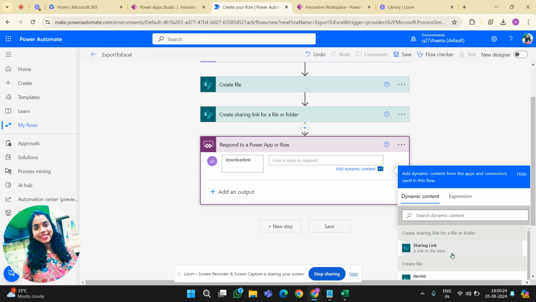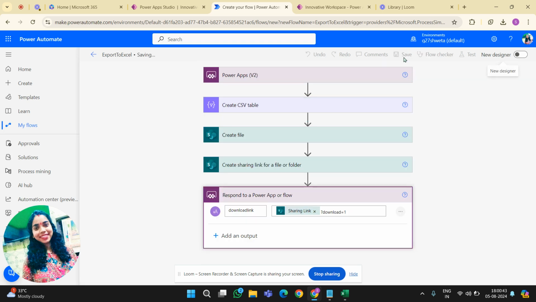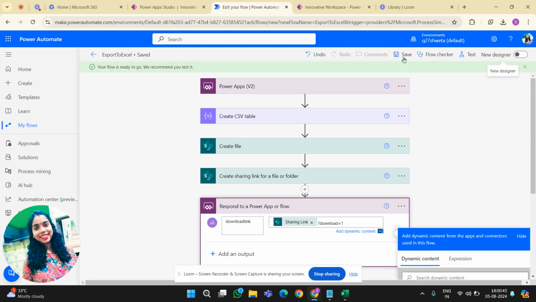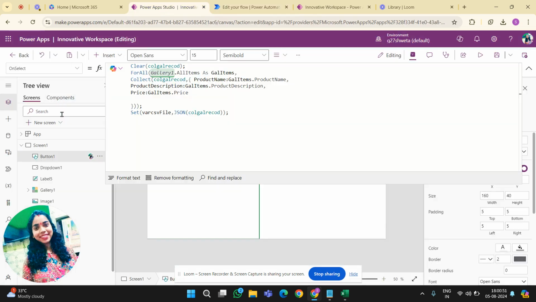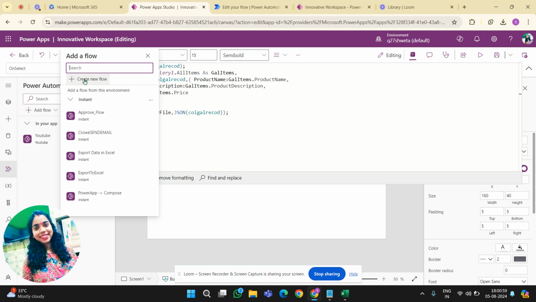We will take the sharing link. After that we will write question mark download equals 1. We save this flow. After that we need to connect this flow in our Power Apps. Let me add a flow.